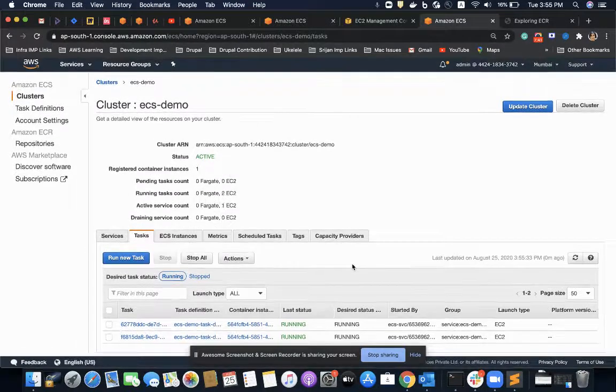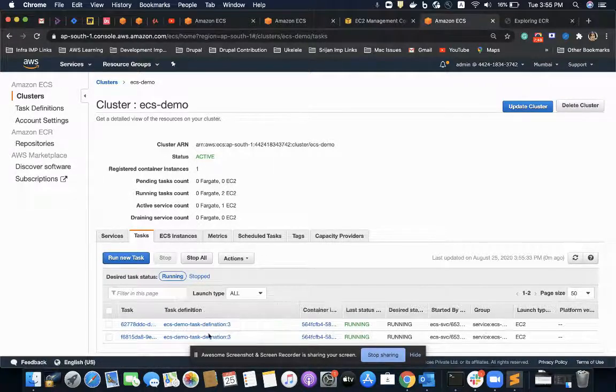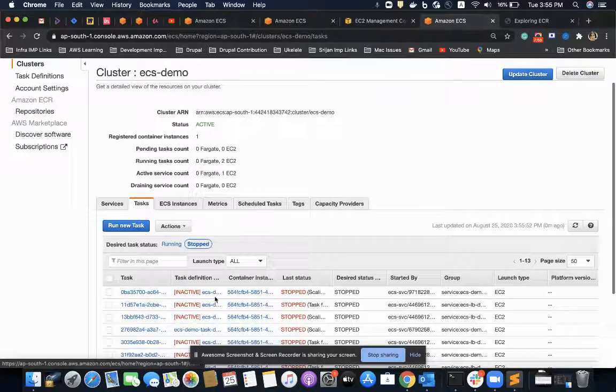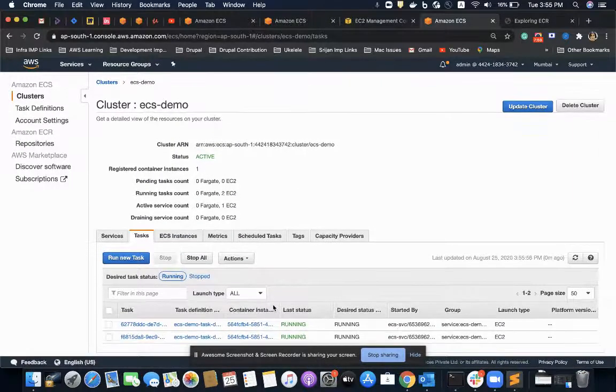Also, one thing we can note here is that the task running on task definition number one is stopped now, so it is not running here anymore.